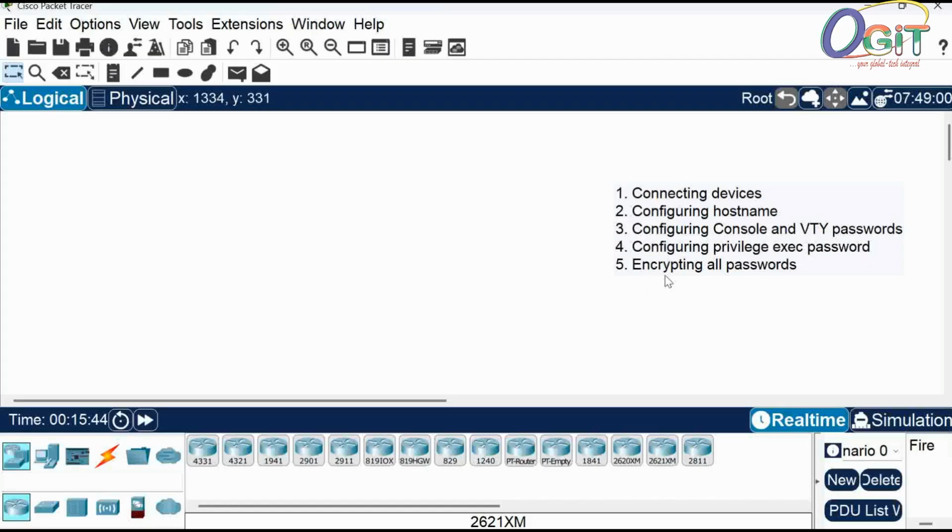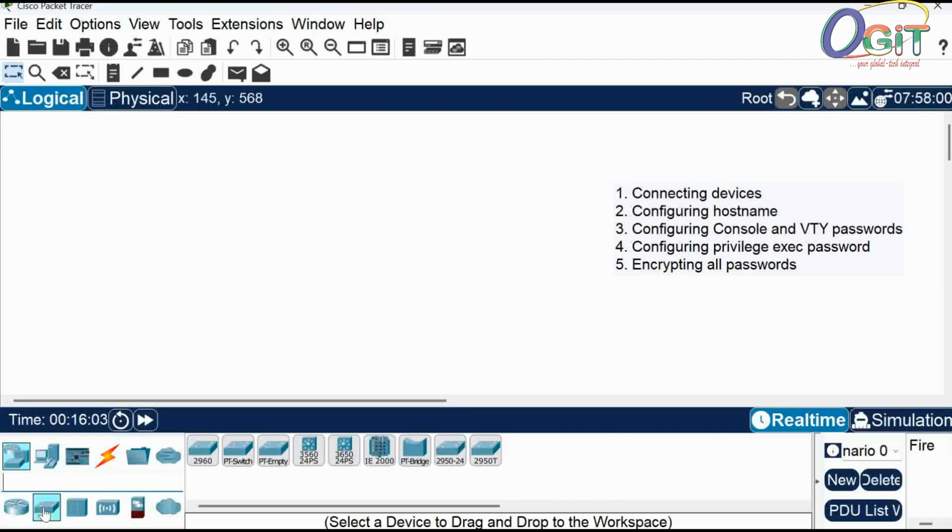And after that, we are going to check into the running config and see that some of the passwords we have configured are actually plain text. So we are going to see how we can encrypt all, so that all our passwords will be encrypted. So let's get started. The first thing I would like to do is go into the network devices and switches